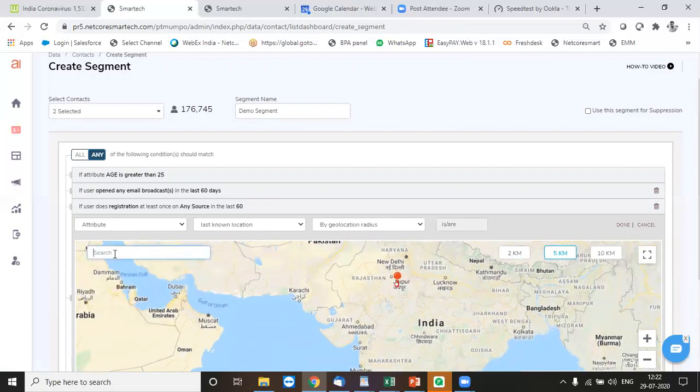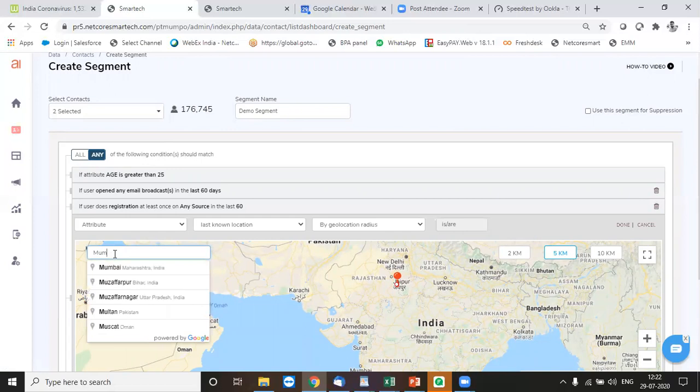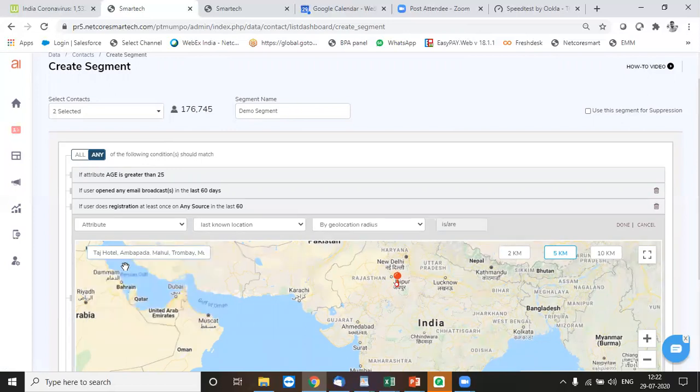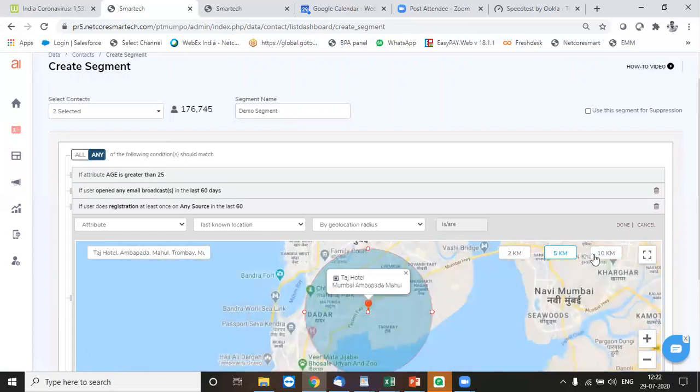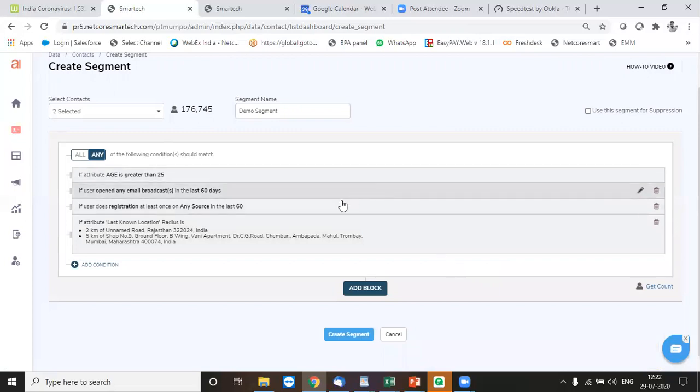You can just type the location, and then I click on done. So I add both the locations, people who are there in Rajasthan as well as in Mumbai. Now, when I add this condition, I save the segment. I can use either a segment for my campaign or I can use a list for my campaign. So both the things I can use over here.